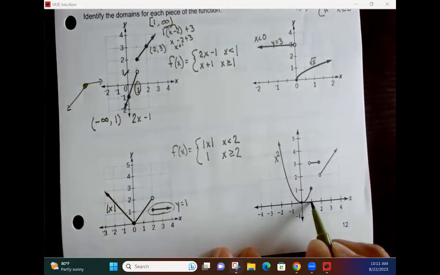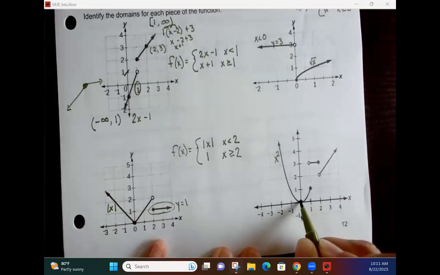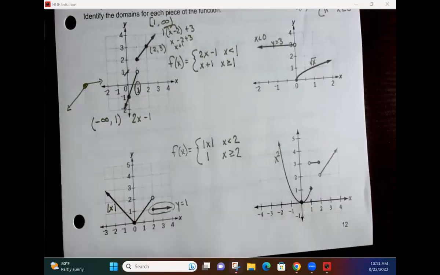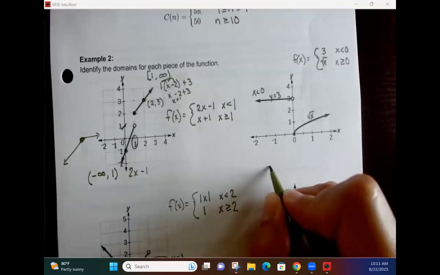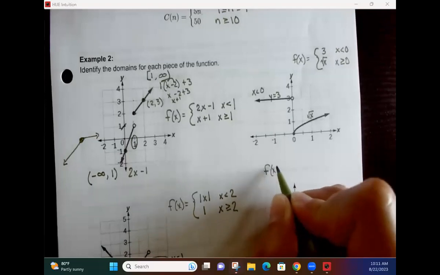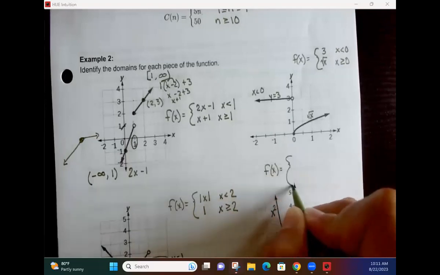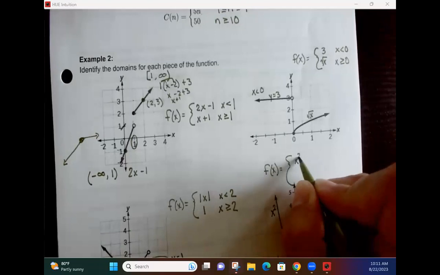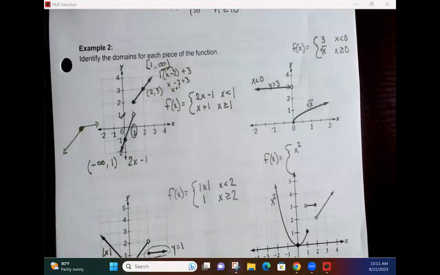Vertex at 0, 0. My rate of change from the vertex to the next point is out 1 and up 1. So this is just x squared. So as I write my function here, I've got x squared. That's my function when my domain is